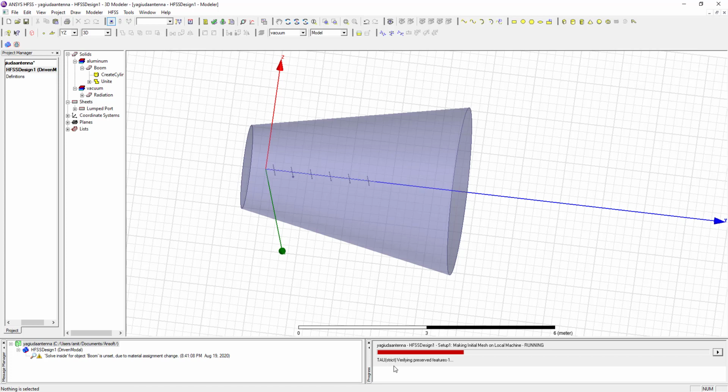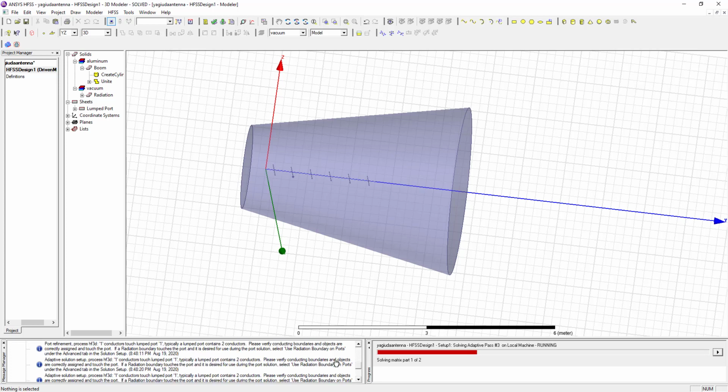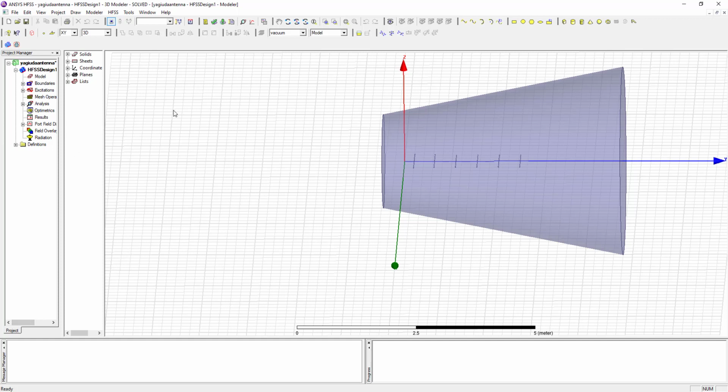For all of you, I am skipping this analyzing part. So now our simulation is completed.